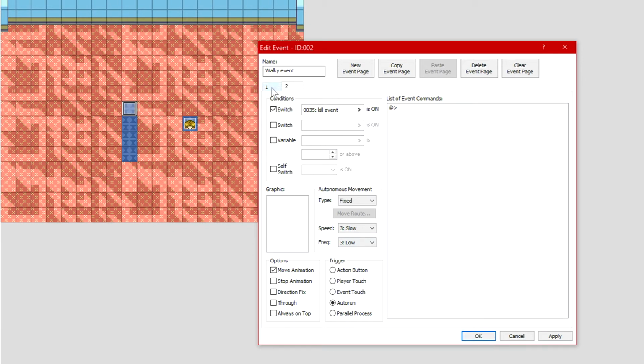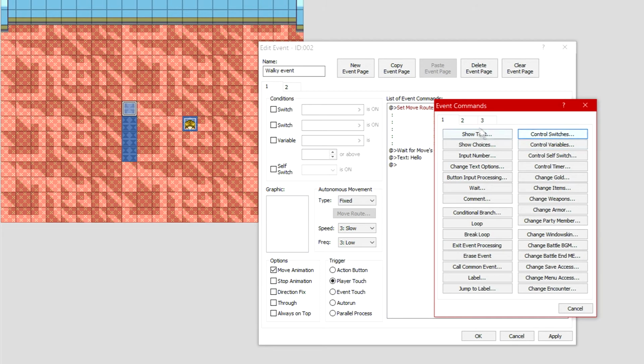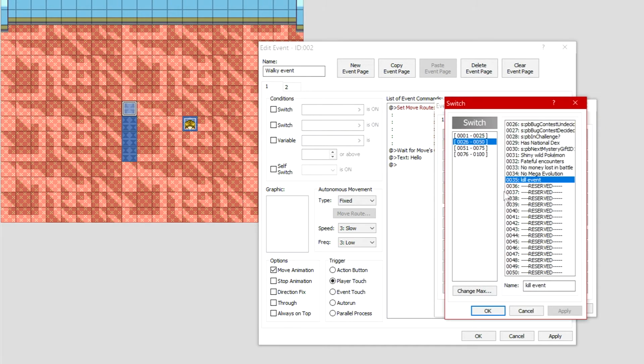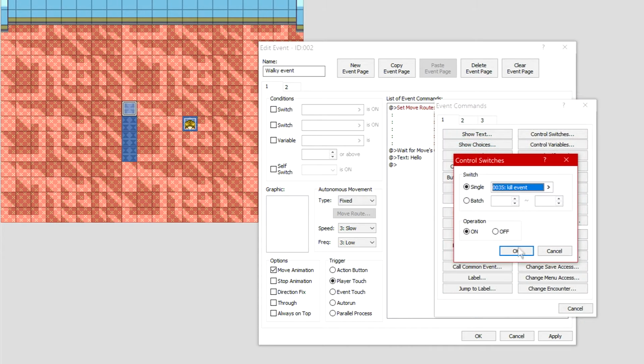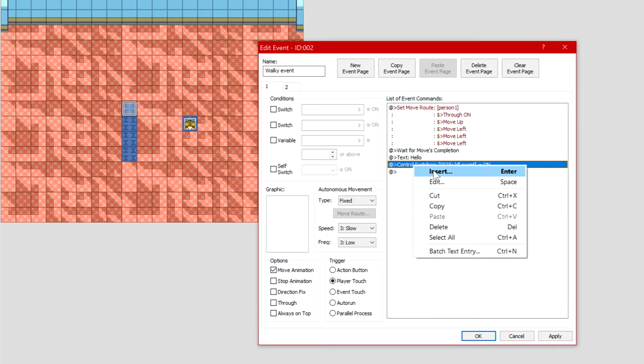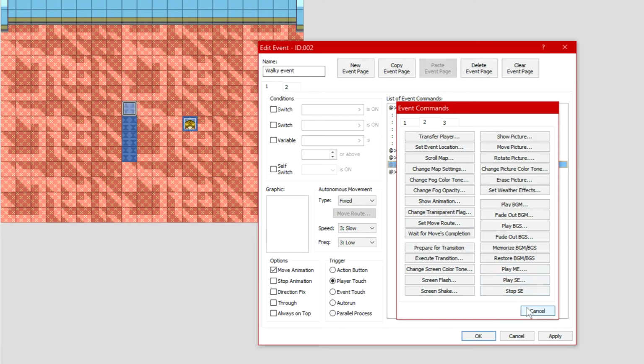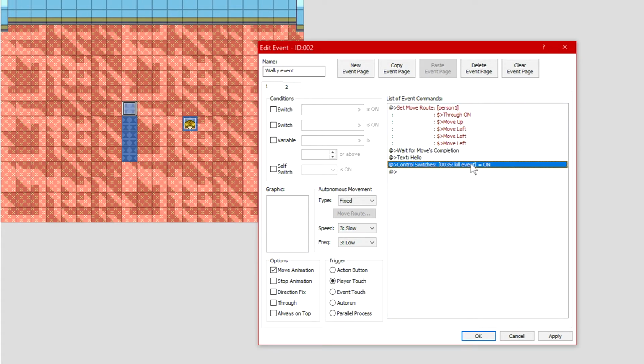And then we want to go back to event page 1 where all this is happening. If you step on it, this happens, blah blah blah. When he's done his move completion, he says hello. We want to insert: right click, insert, then control switches on page 1, and then we want to find the kill event and we want to have that on. So after this has all happened, we want maybe, I'm not entirely sure if we need this or not, but no, we don't. So after this is done, kill event equals on is on, and then when that happens,